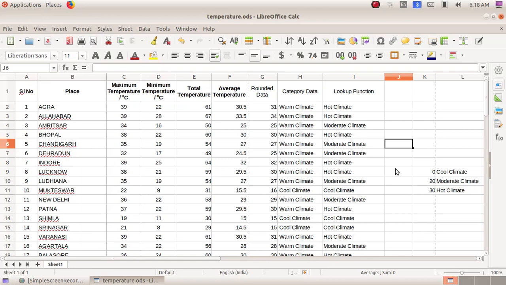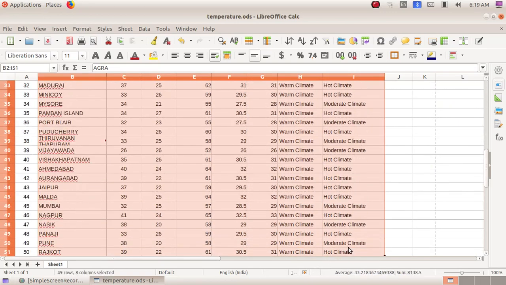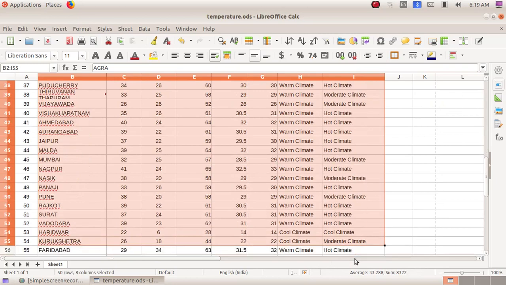The reason why we are not selecting the serial numbers is that the serial numbers are already arranged in the ascending order. And about the headings, sometimes the data we give and the heading are both in alphabets, and automatically what happens is this heading will come in between the data when we sort it. That is why we are not selecting the headings and the serial number. So we'll click, drag and select the entire data excluding serial number and heading.